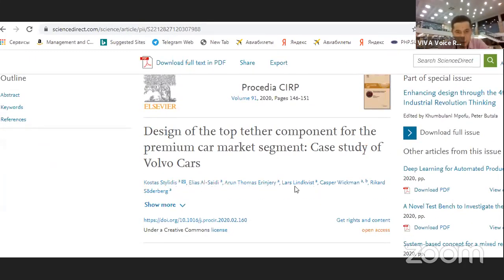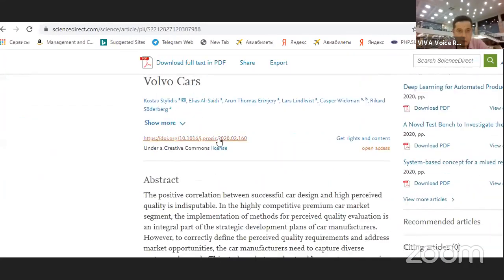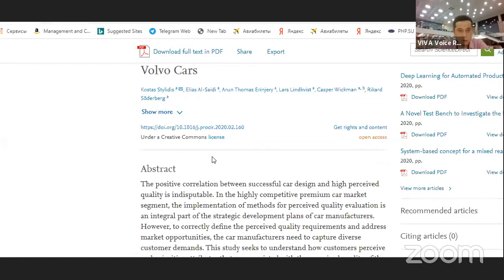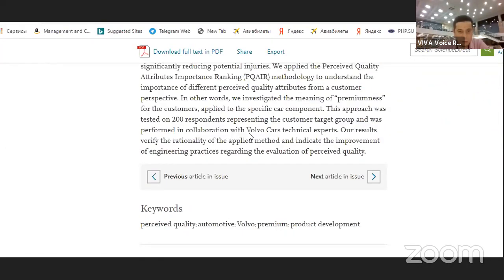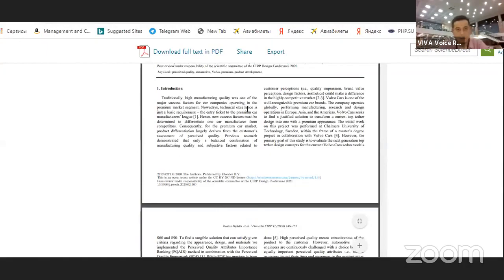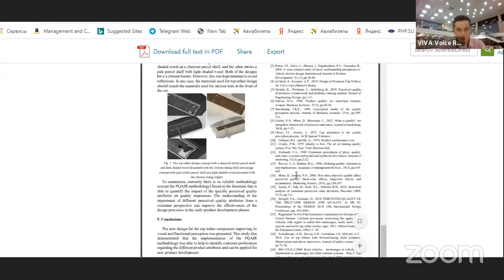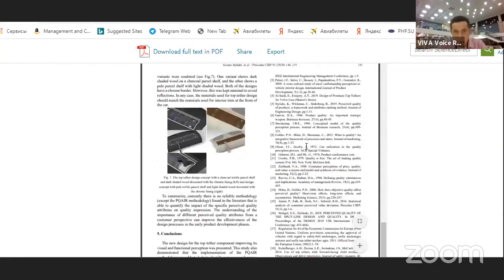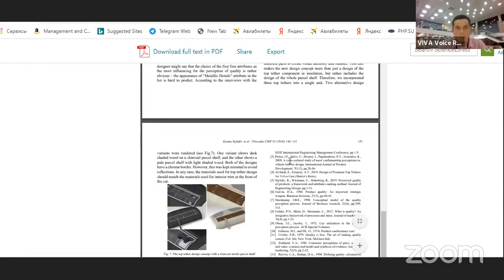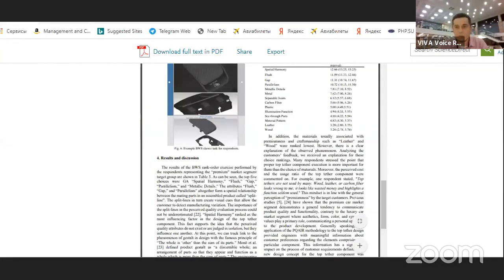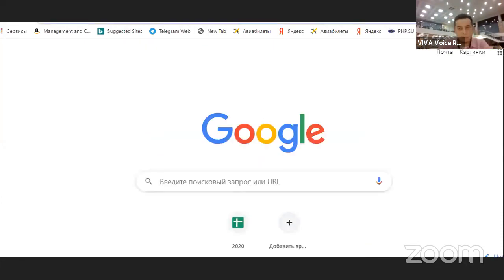This is the authors of the article. Scholarly articles always provide an abstract, keywords for the source, introduction, background, and discussion. And at the end of this paper, you may see the reference list. This is a credible source. For non-credible sources, let's choose